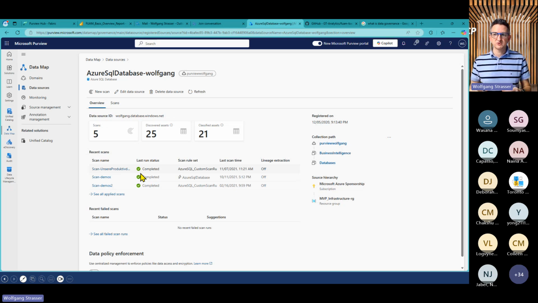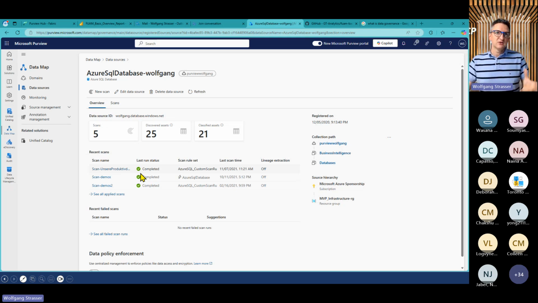And during that scan process, Purview connects to your source. Let's stick to an Azure SQL database and scan the database and get the schema out of it. So list of schemas, list of tables, list of columns, data types, and so on.